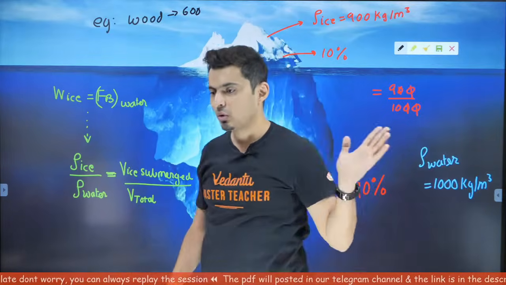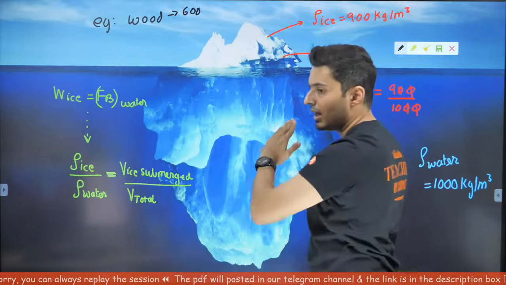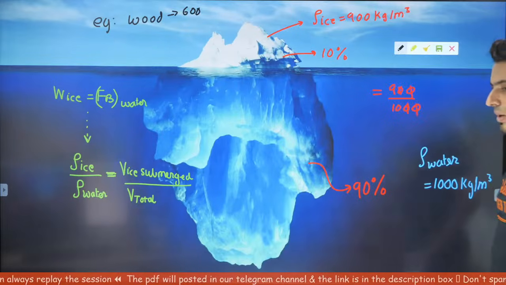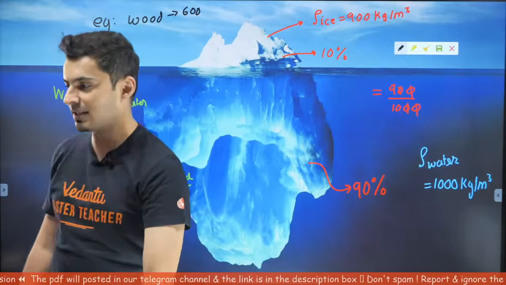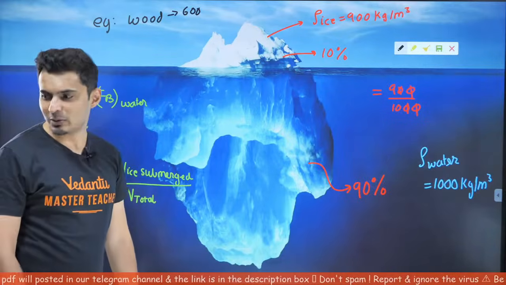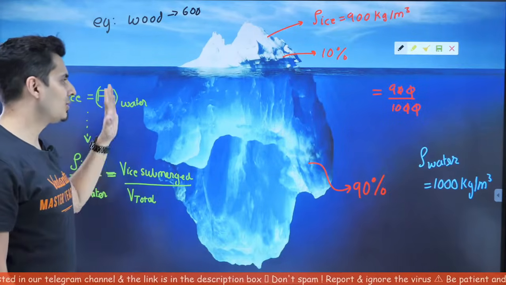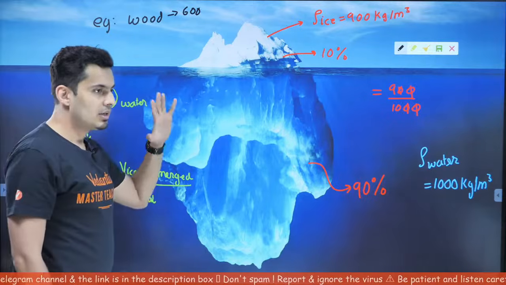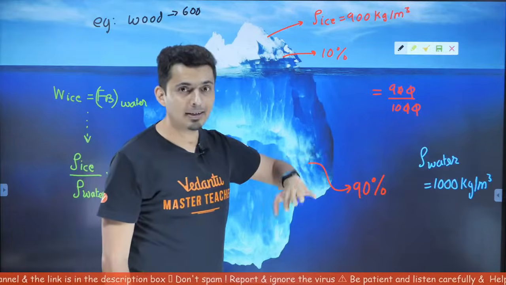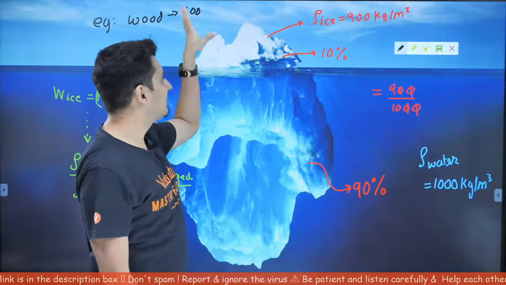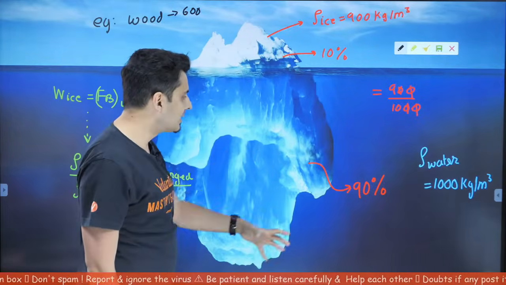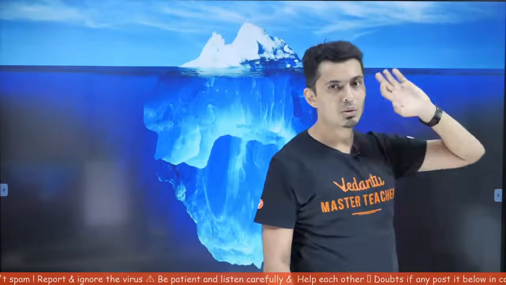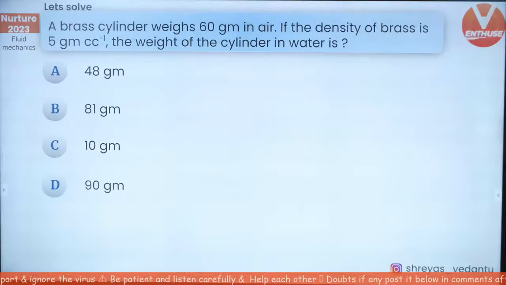Got it? No problem, Mohan Raj. Just rewind back and catch up at 2x speed at least to the current place. Yep, Dakshin, that's a real pick. Perfecto, right? So this is what you should understand, that whenever you know the density of solid relative to the density of liquid, you express it in terms of percentage, and that will also be the percentage of the volume which is inside. That's what you have understood right over here.